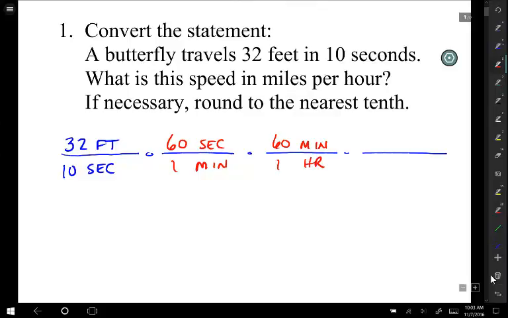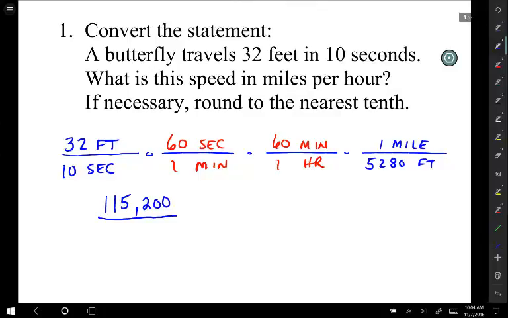Who remembers how many feet per mile? Good, 5,280. Notice, where does that go? In the bottom, divided by 1 mile. Okay, take your calculators quickly and multiply 32 times 60 times 60. And I get 115,200. Just multiply the tops, multiply the bottoms. And then 10 times 5,280 is